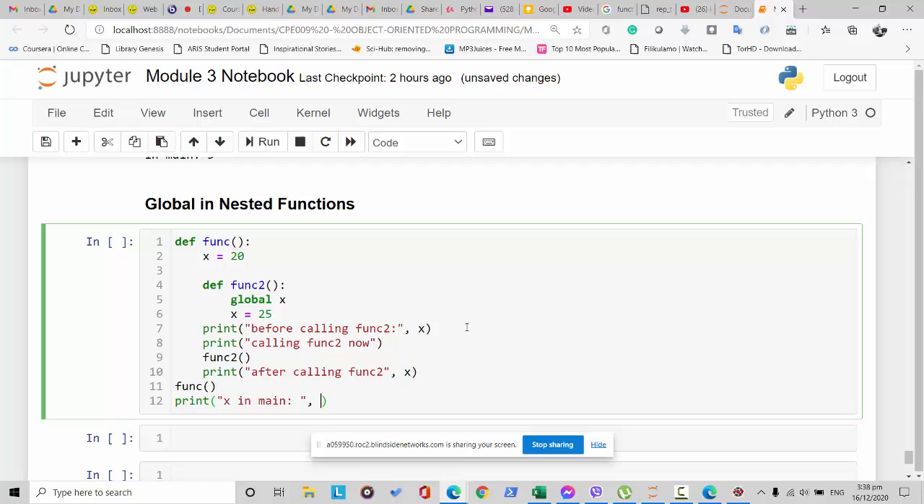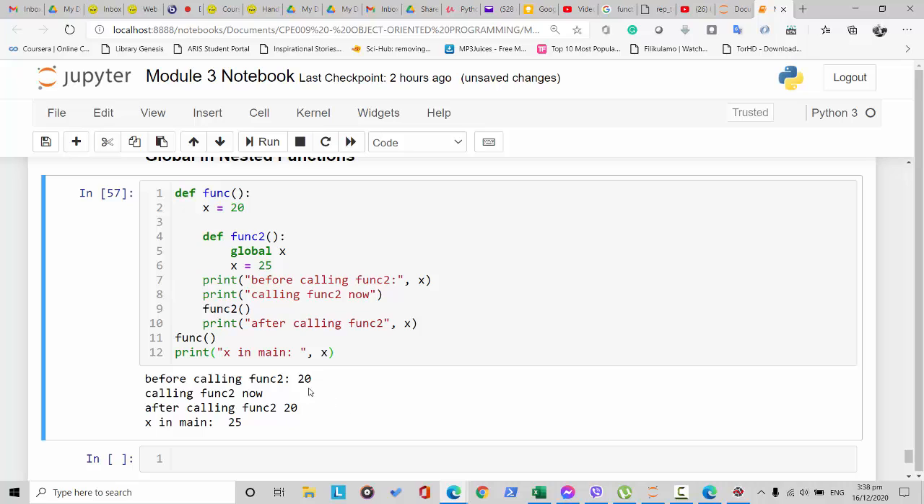Okay, and let's call that here. Okay, so let's try to run this one. So before calling the function, it's 20, right? So this is the 20 here. Now calling the function now,